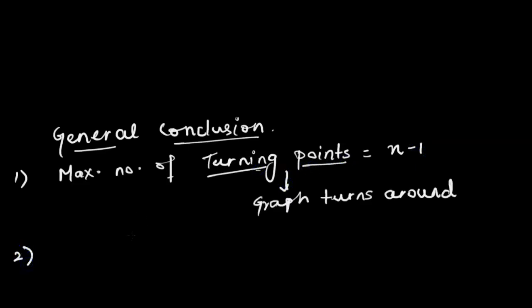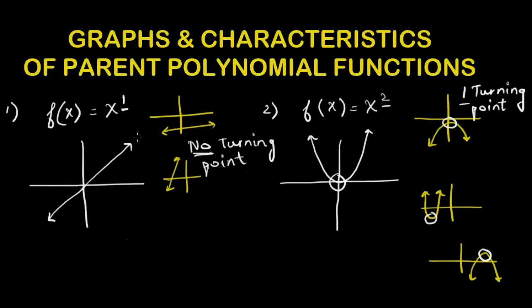Now let's find out a general conclusion for minimum number of turning points. We can write turning points as TPs. Going back to the graphs, we see that a linear function has no turning point. So the minimum number of turning points seen here is 0. A quadratic function is only going to be called a quadratic function if it shows us a parabola. So we notice here that if there is no turning point, it will not be defined as a quadratic function,